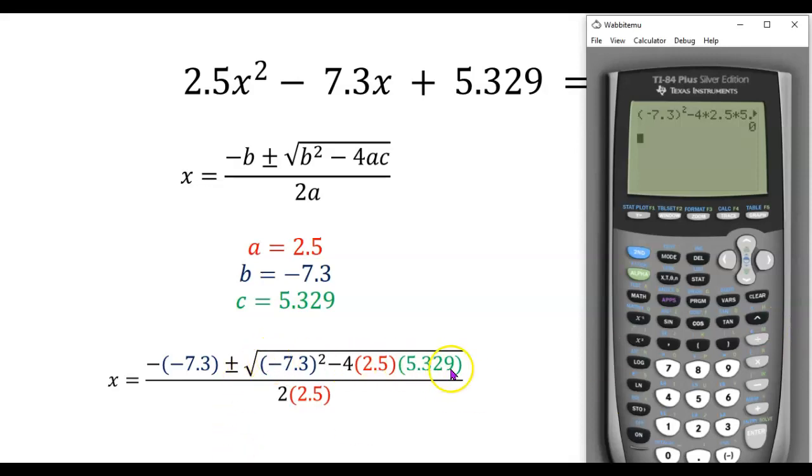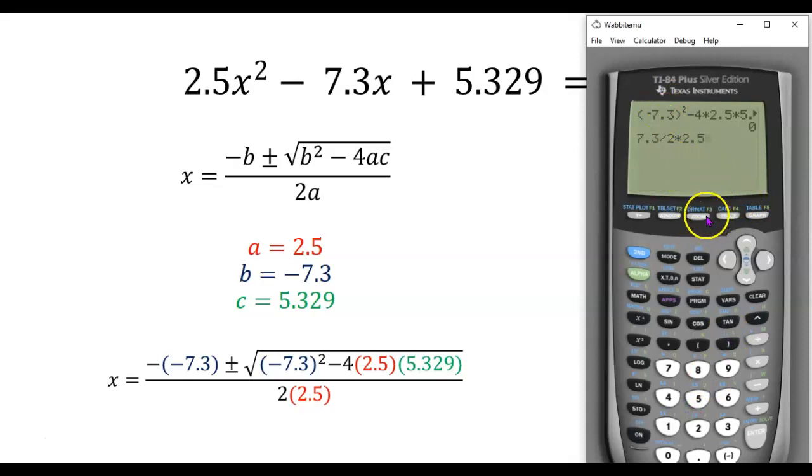So under the radical sign, we got a 0. The square root of 0 is 0. Now we just have to do the rest of it. Okay, we have a minus negative, or a positive, 7.3. And then adding or subtracting 0 doesn't change that. It's still just 7.3 divided by,